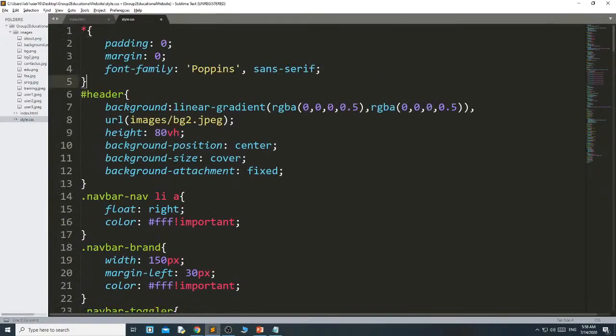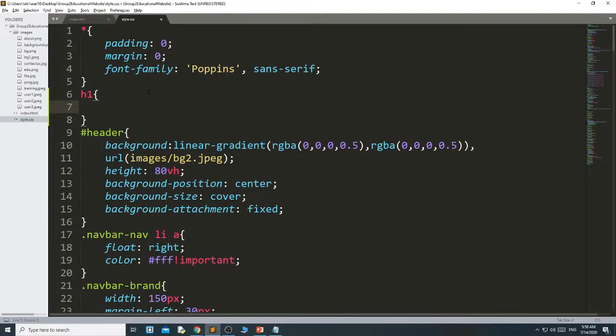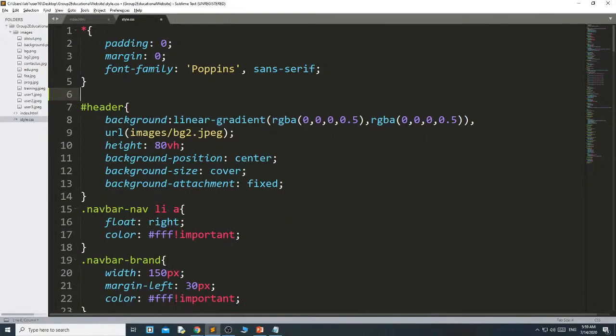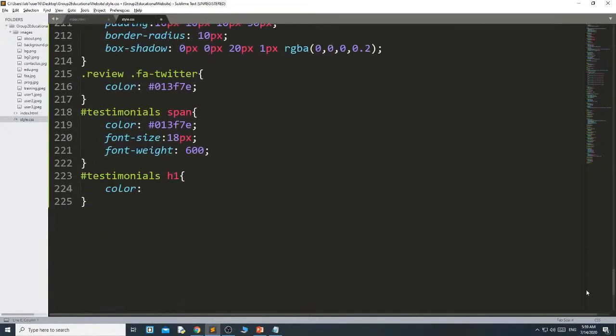Here you can write H1, then you can mention the style. That style will be applied by default to all the H1 wherever you have used H1. But if you want to apply a different style based on the section, then you can write H1 in that particular section using that section ID.